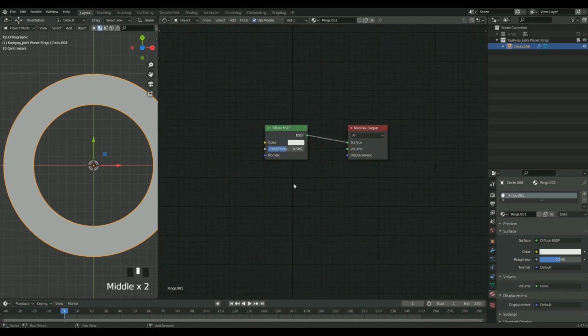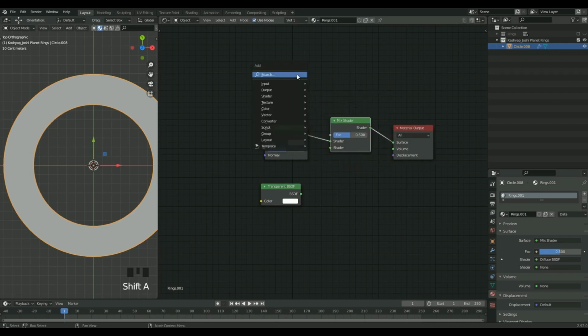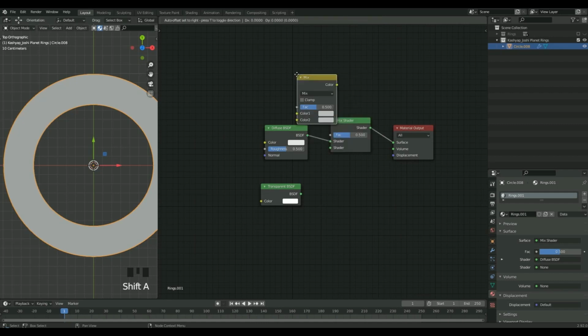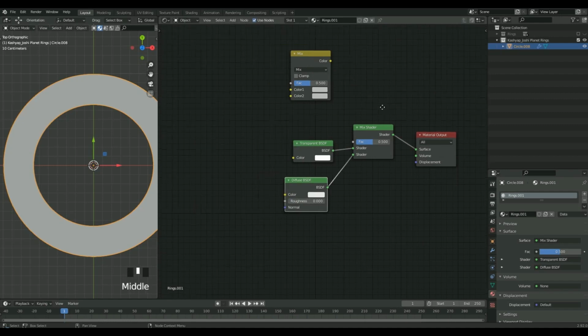For this material we need to have a transparent shader, so we're going to add a transparent shader here. And for mixing this we need a mix shader. You might also need a mix RGB. We will use it for later. We'll connect this one down and this one up. We will have this one slightly at 0. Okay,